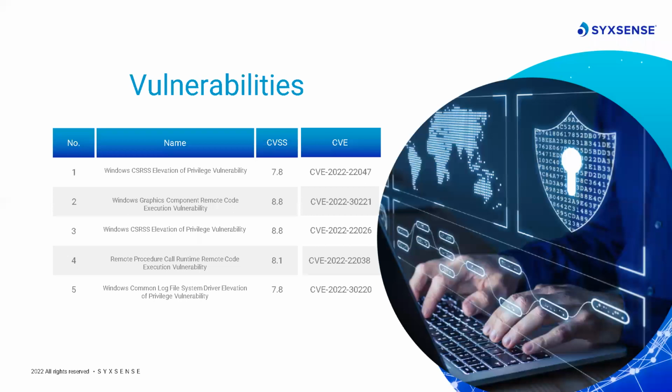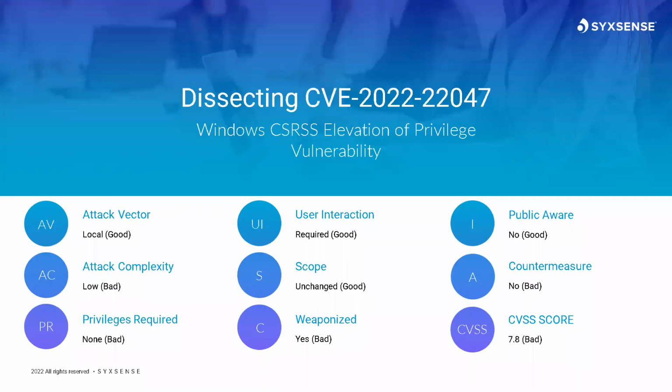We also have Microsoft Graphics component remote code execution vulnerability. We have a very serious remote procedure call runtime remote code execution vulnerability. And finally, we have a Windows common log file system driver elevation of privilege vulnerability to finalize the 5. Now, the first one, we're going to look at CVE